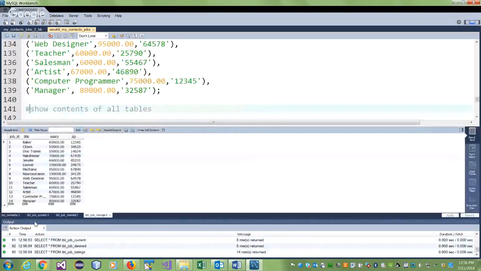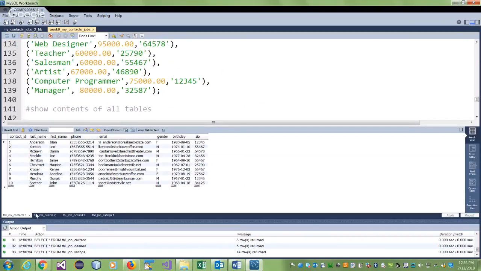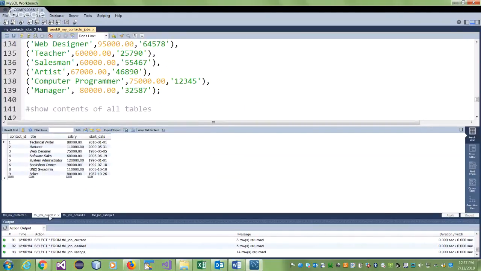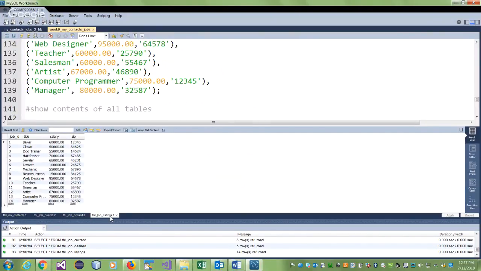And we must have 4 tables. So that's your first table, contacts, the current table, the desired table, and the listings table. Now, in the real world, tables are created first, relationships are created first, diagrams, which are called ERDs, entity relationship